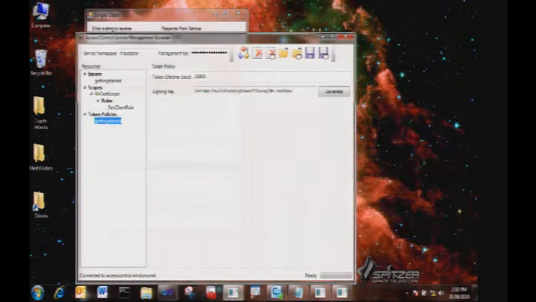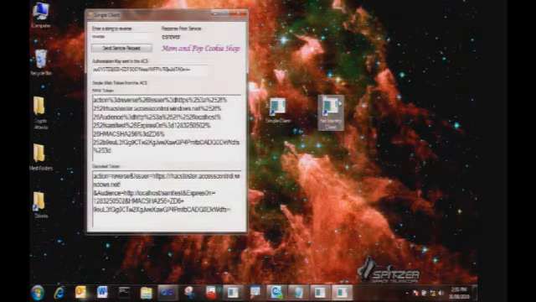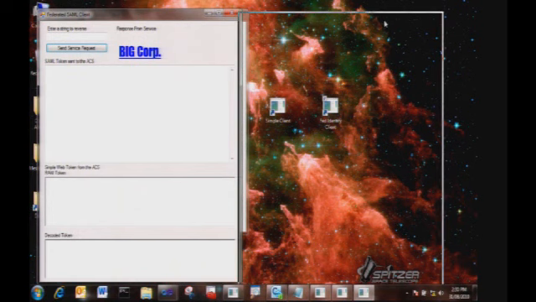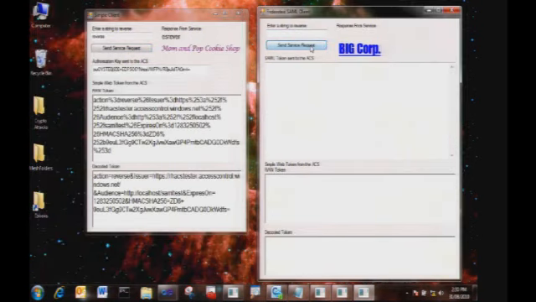I'll just restart it. I rebuilt this demo last night, and I didn't put the error handling in for the smart card. So it's going to say, okay, I'm going to create this request. I'm going to sign it, and it's going to ask me for my smart card credentials.